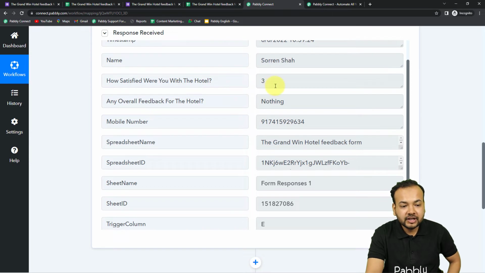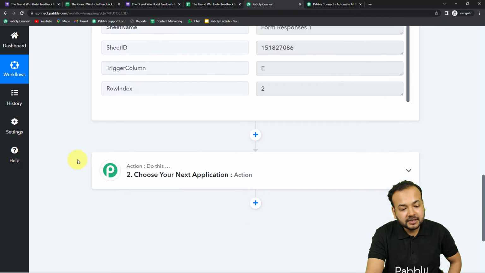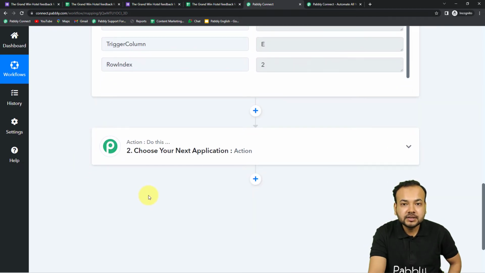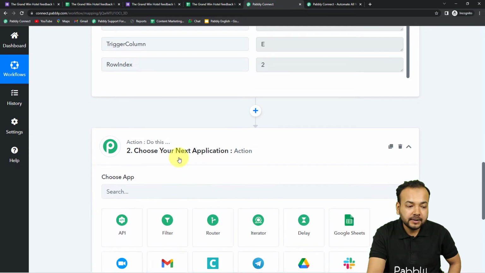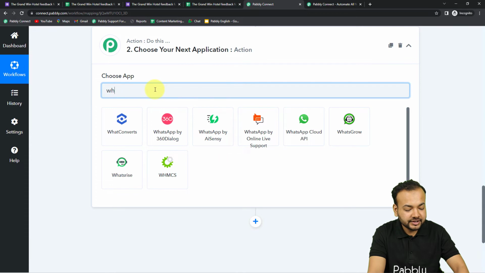This is the question I have asked. This is the question I have asked in the form, and this is the answer. And this is the WhatsApp number or the mobile number. Right. So that's how we can capture the data. Now I want to send this person a thank you message for his valuable feedback. For that to happen, I'm going to use this action step, and from here you have to search for WhatsApp's